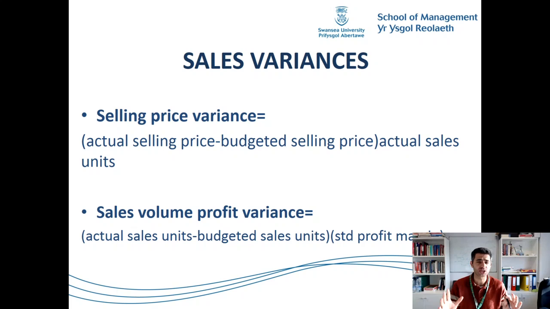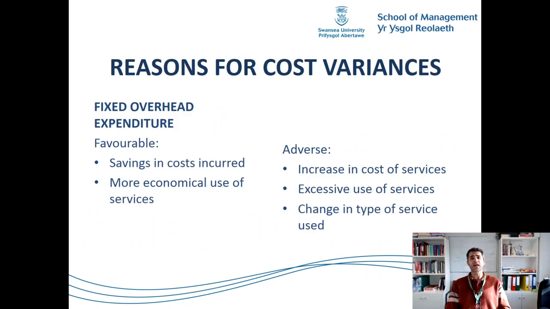So far we should have 10 formulas. In terms of the reasons for the fixed overhead expenditure variance, this means we spend more on fixed overhead. If we spend more, this is adverse, isn't it? It could be any reason, such as an increase in the cost of services, or excessive use of service, or anything in terms of overhead,